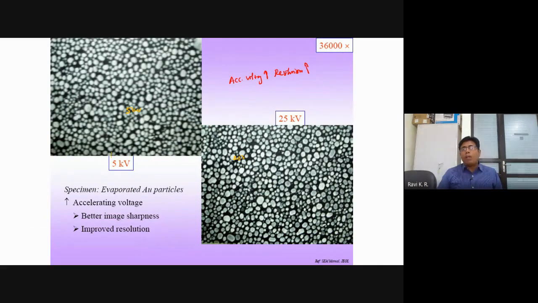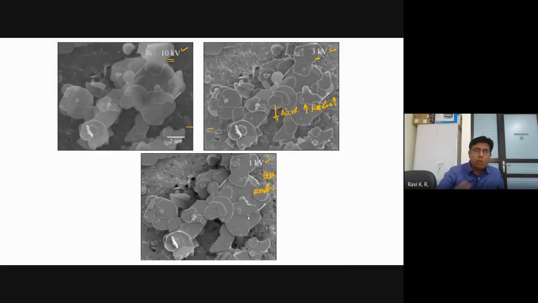So what can happen if we decrease the acceleration voltage? So let us come back to this point. Why, for this particular sample and this particular condition, when you decrease the acceleration voltage, are you getting better resolution? Why? Any idea? So what can happen? Let us look at what happens to the